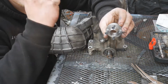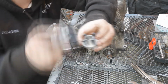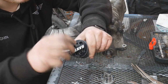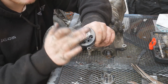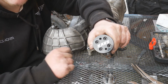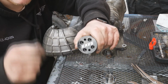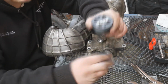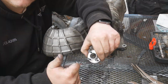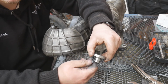If you're struggling on this bit, what you need to do, when the pulley's on, so obviously these two are together, you'll be able to see these bolts popping out through here. So loosen them off until all the bolts are flush with the top of the pulley. So put the correct Torx or hex bit into the top of the bolts, like so, and then basically tap down on them in a cross pattern, and eventually this will drop out. Big shout out to George, he gave me the tip to get that off. Cheers buddy. But now what we're going to do, I'm just going to unthread these screws,